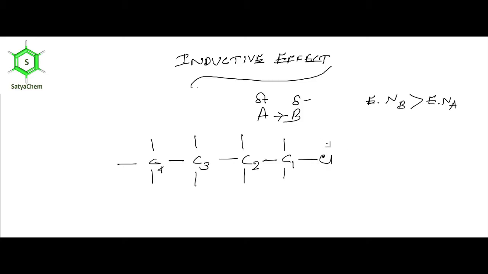Okay, so as it is an electronegative atom, it withdraws electron density from C1, which is why delta positive charge is on C1. Then in turn C1 withdraws electron density through sigma bond from C2. Then again C2 withdraws electron density through sigma bond from C3,